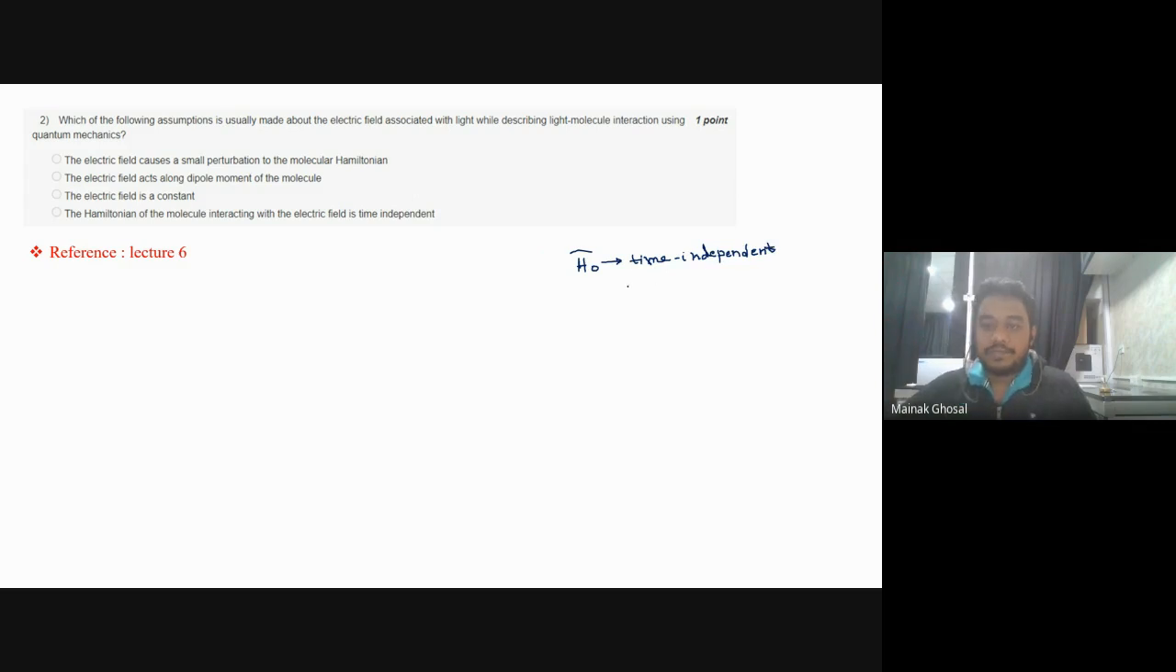Okay, so in that case, your Hamiltonian was time independent. But when you are interacting this molecular Hamiltonian with light, what happens? The electric field of light will cause a little perturbation. Suppose I am taking this perturbation as V. And you have seen that this perturbation due to the electric field you can define using